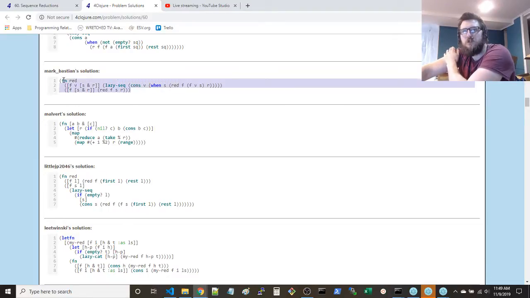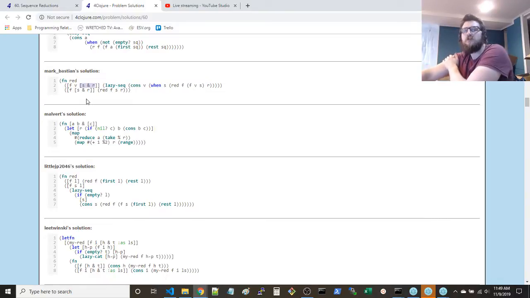This is an interesting one. What does this do? This implies that the collection is non-empty. Oh, okay, because that'll get the first of the collection.